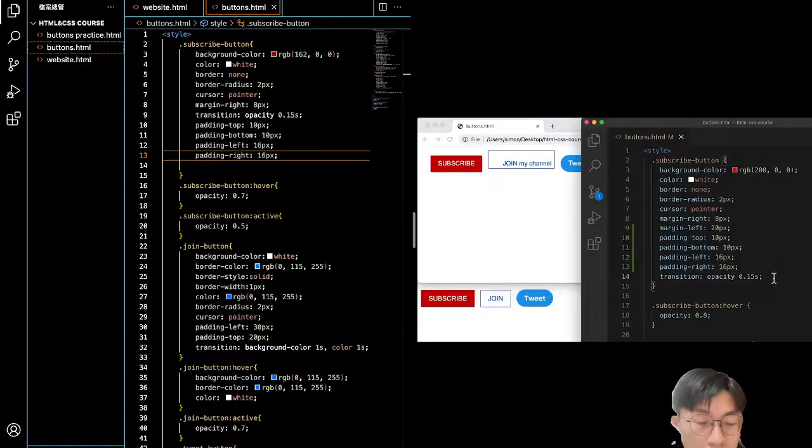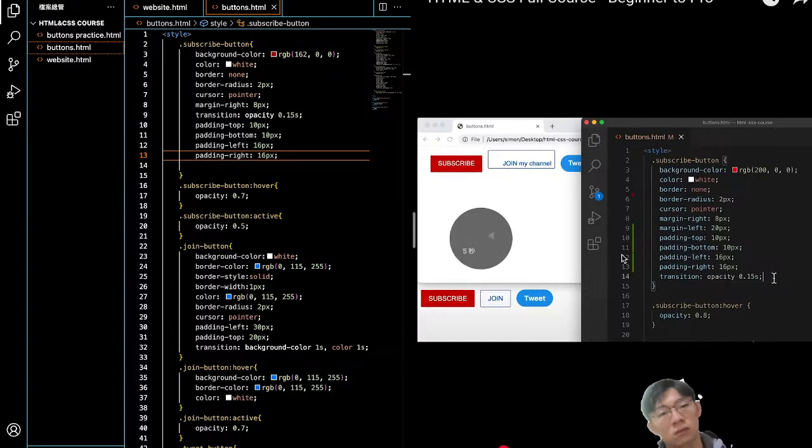CSS and we're going to add a property called vertical-align. And we're going to set this to